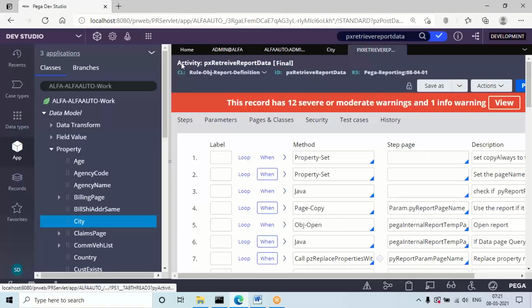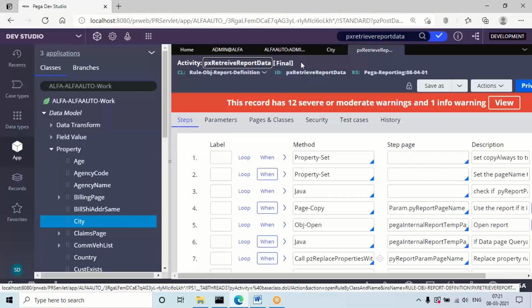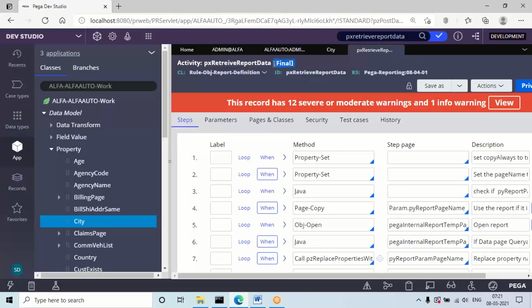Okay, there are some predefined rules in Pega where the availability type is set as final. So if the availability type is final, see, there is no further modification required for this particular rule. Okay, so this is a predefined rule. The purpose of this API, I told you earlier, is that if you want to fetch any data using a report definition, this API will be executed. So this is set as final, that is, no further modification is required for this API. Okay, final means that is a final rule and no need to modify that particular rule.